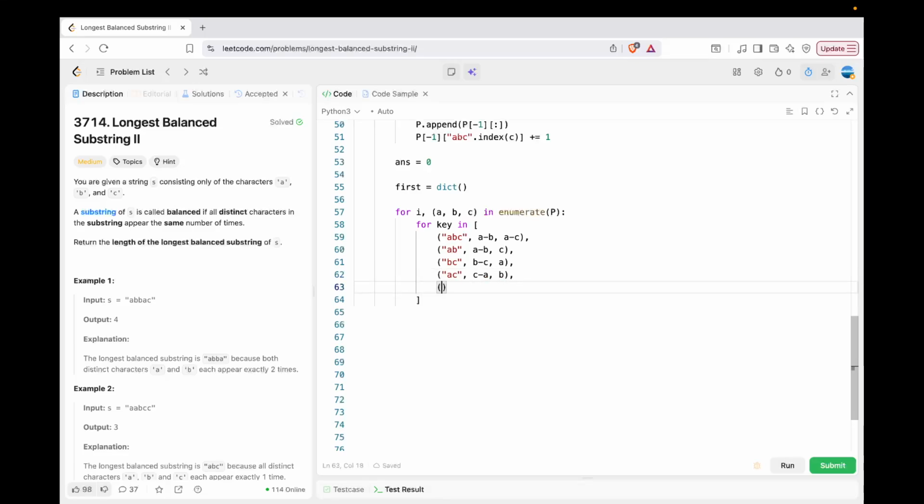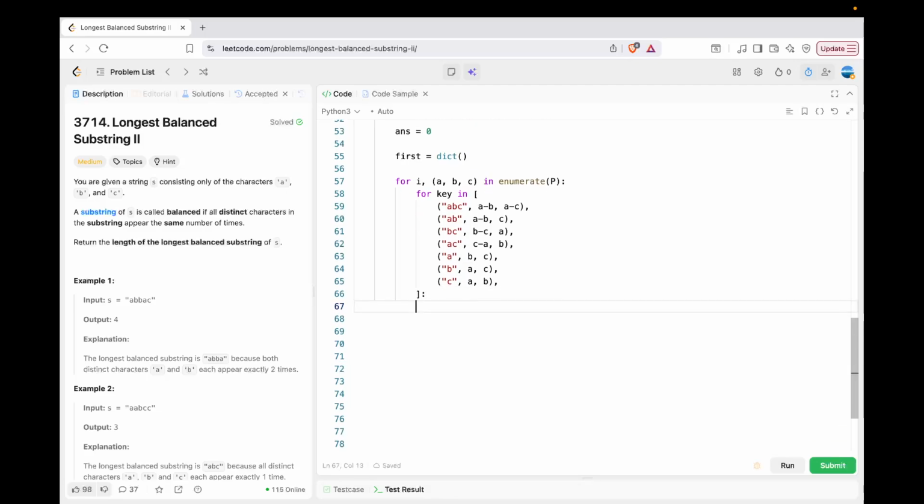So if it's one character, A, we should have the same B and C. If it's B, we should have the same A and C. If it's C, we should have the same A and B, right? So for those cases,